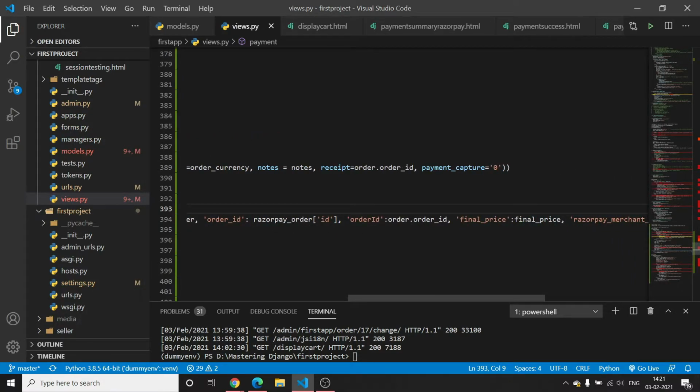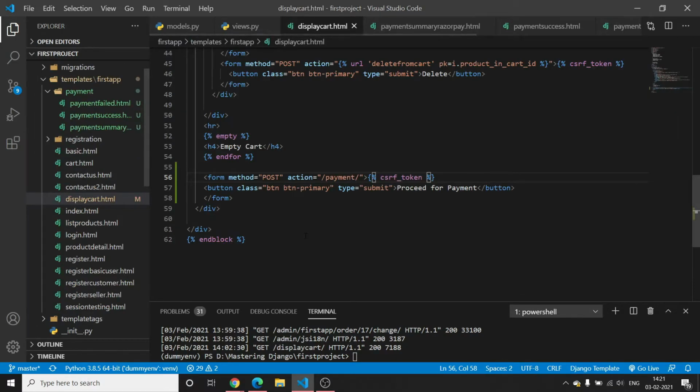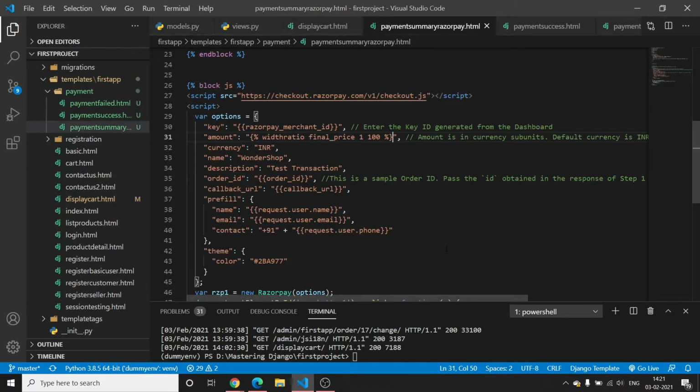I am providing the final price in rupees in context data, so to convert that into paise I have to multiply the final price by 100, converting rupees into paise. I'm using this Django template tag for doing this, but you can do this in your own way as well.